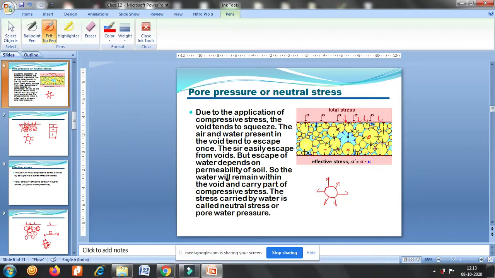And the stress given by the soil grain to the other grains is called the effective stress or the intergranular stress. So the stress given by the soil grain to the other soil grains is called this. So here in this diagram,